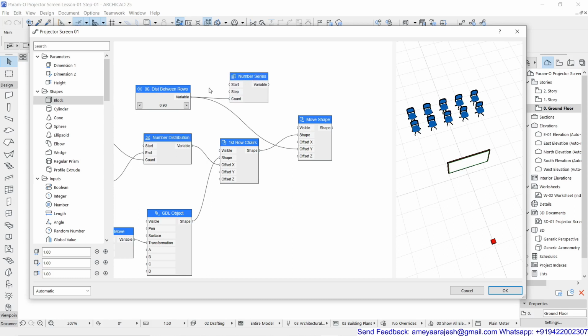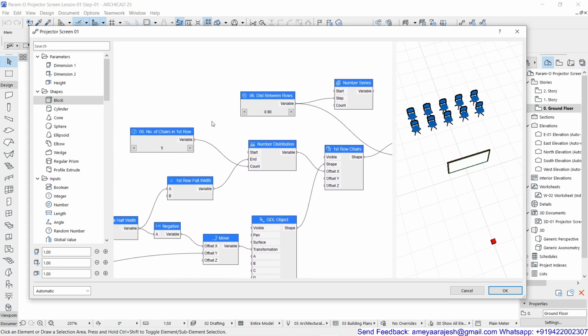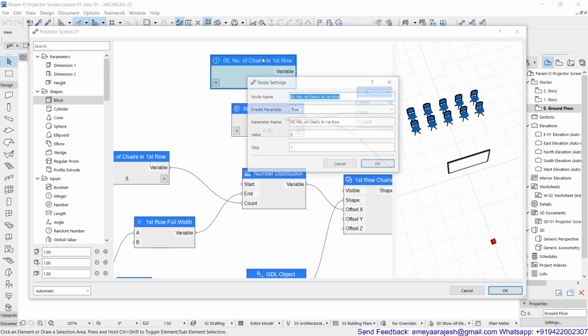The steps I'll put over here, and the count, obviously, I'm just going to see. Number of rows is another field which I have to talk about. So I'll just disconnect this, and see, here is supposed to be number of chairs in first row, and I'll create one more node which will say,